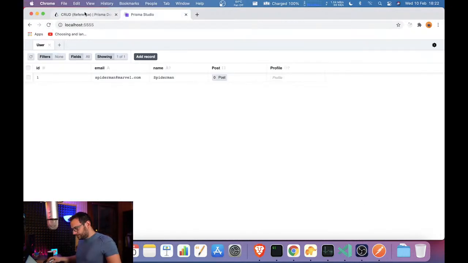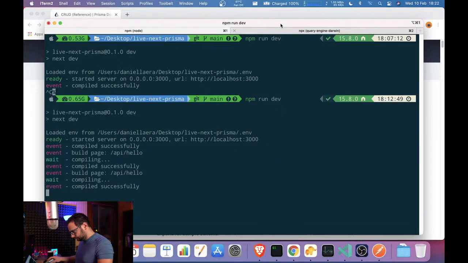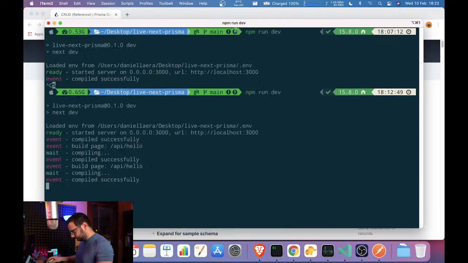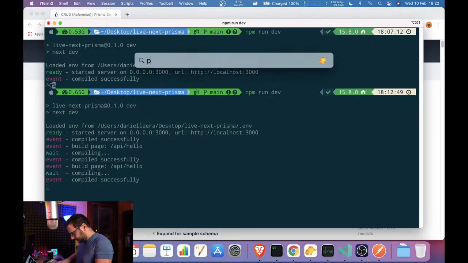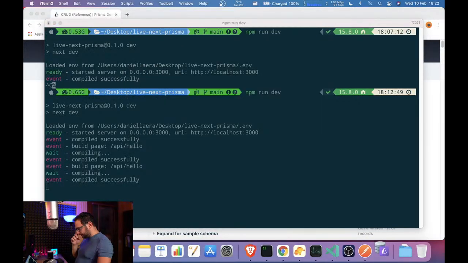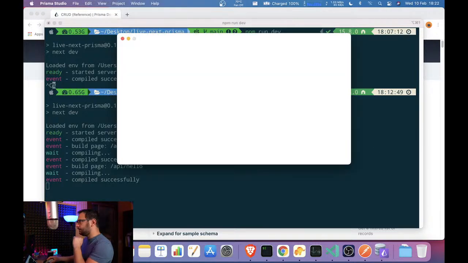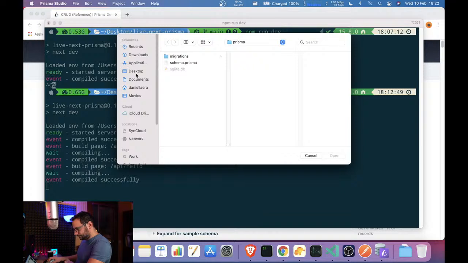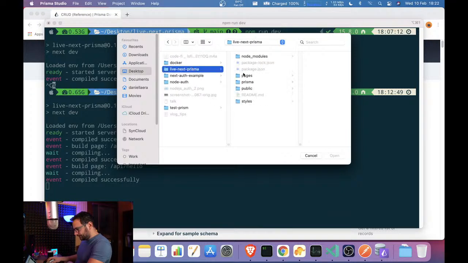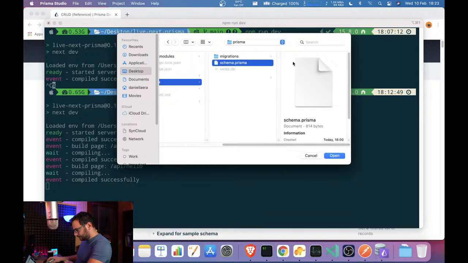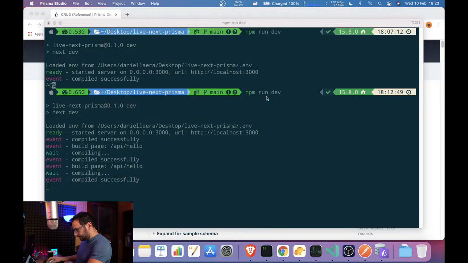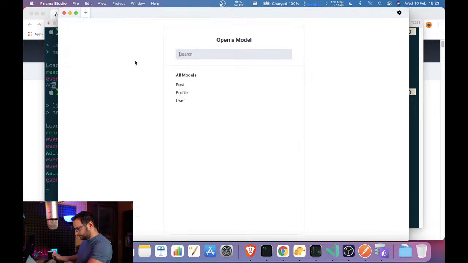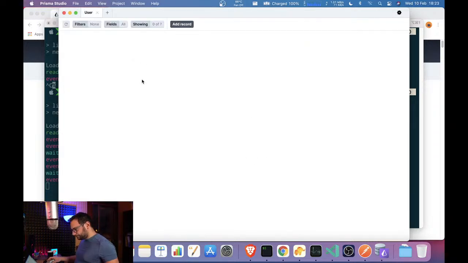So we have the Prisma Studio. Actually, I don't think Prisma Studio is optimized for M1. Select schema. Live next Prisma. This is our schema. User.